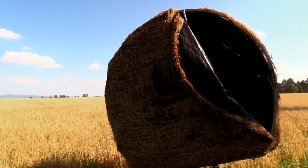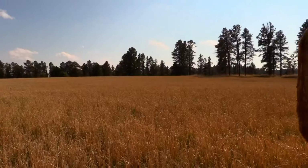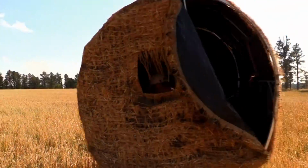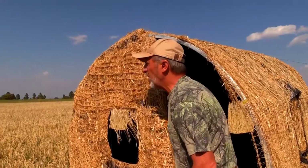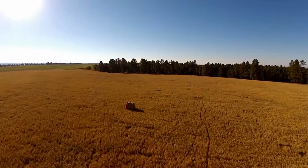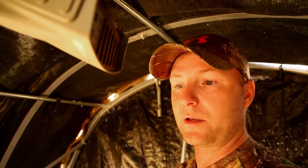If I was a betting man, I would bet they're gonna freak right out because they're whitetails. But you never know. It blends in pretty good, so let's try it. Hoping the blind blends in enough, Jason gets settled into his new location. So I don't know if this blind is gonna mess them all up tonight or what's really gonna go on,